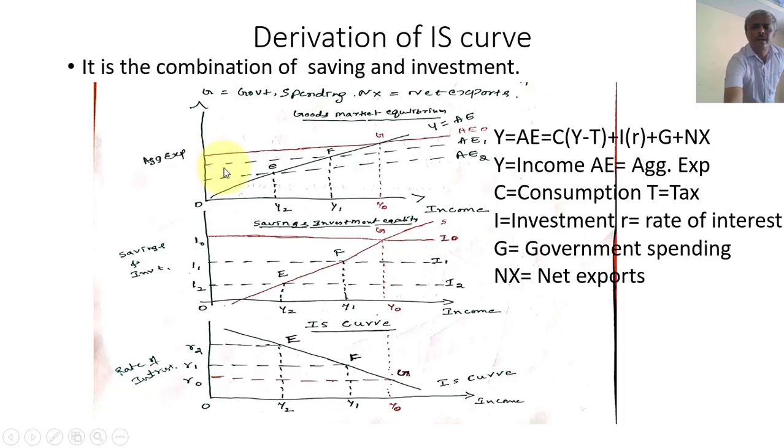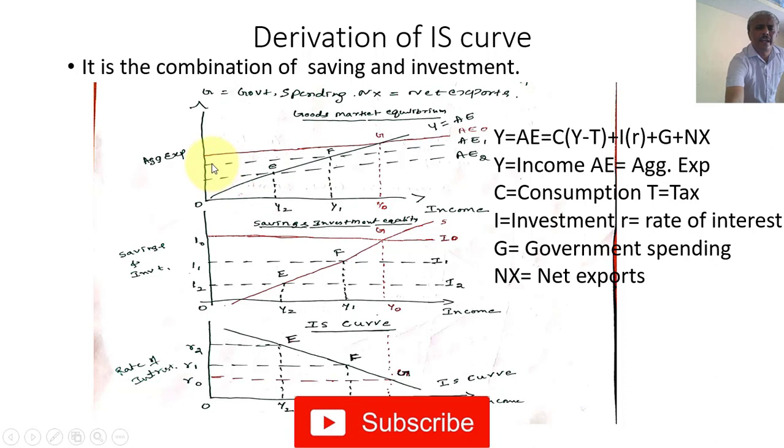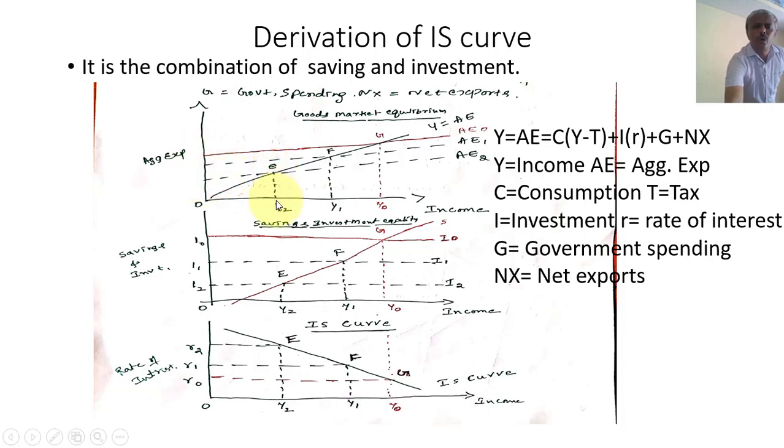See here again another equilibrium point at y1, which we can come across. See here again, decreasing in the aggregate expenditure, another equilibrium point at y2, which means income 2. Like this, when we are coming across at this aggregate expenditure, similarly for saving and